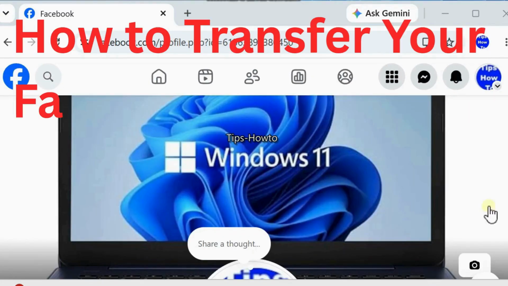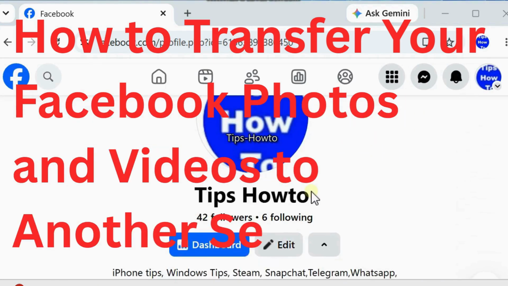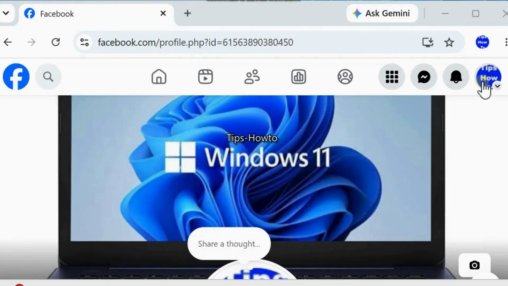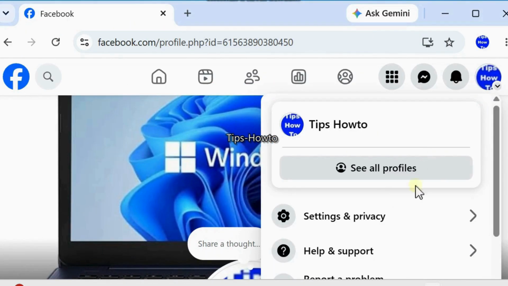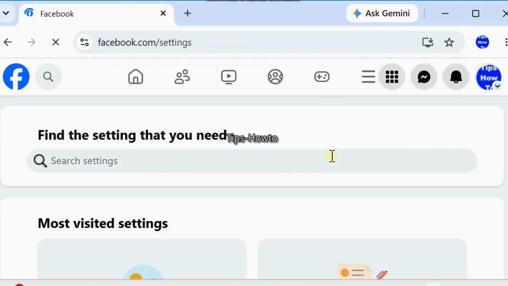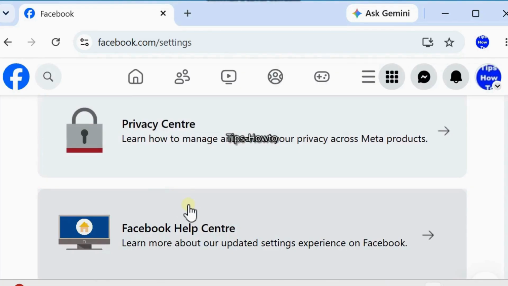How to transfer your Facebook photos and videos to other services such as Google Drive, Google Photos. You can easily transfer. Go to your profile icon from the top right corner and choose settings and privacy. Click on it. Here choose again settings. Click on settings. Thereafter, scroll down